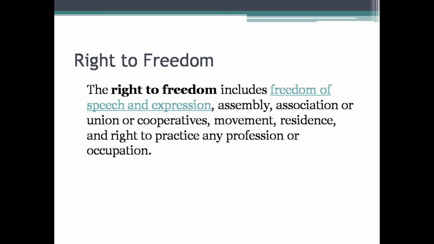The right to freedom gives personal liberty to the citizens. Indian citizens have the right to express themselves freely without any fear. They can hold peaceful gatherings and can form associations. They can move around freely and live anywhere within the country. They can also choose their own professions. The right to freedom also protects a citizen from injustice. No citizen can be jailed for a crime unless proved guilty in a court of law.